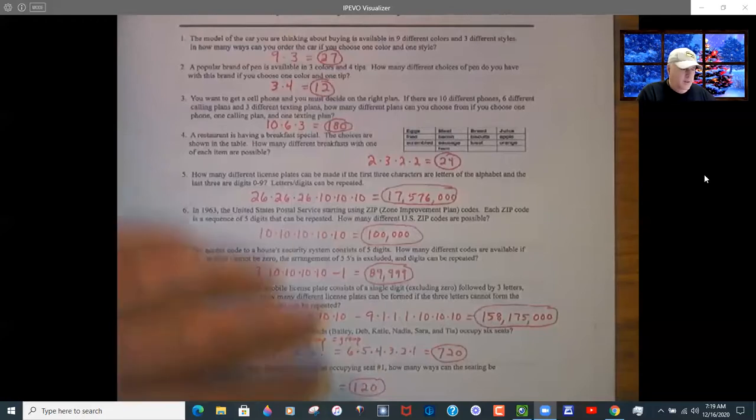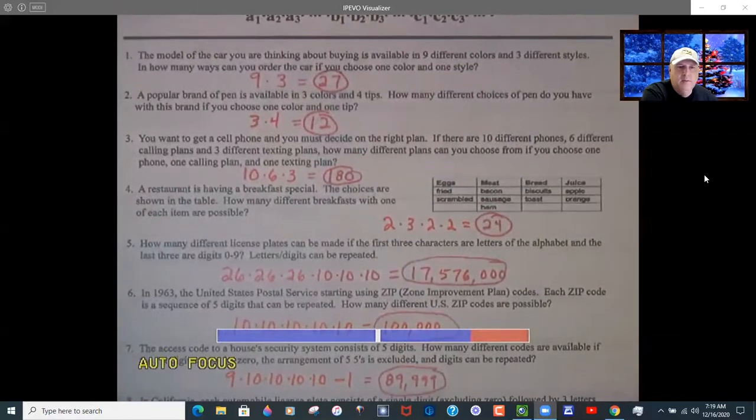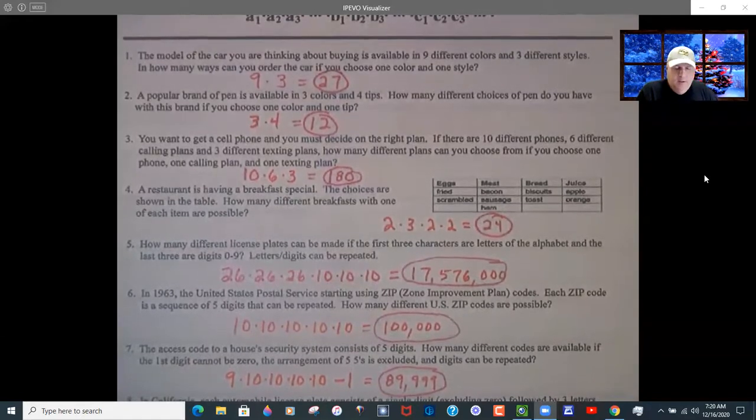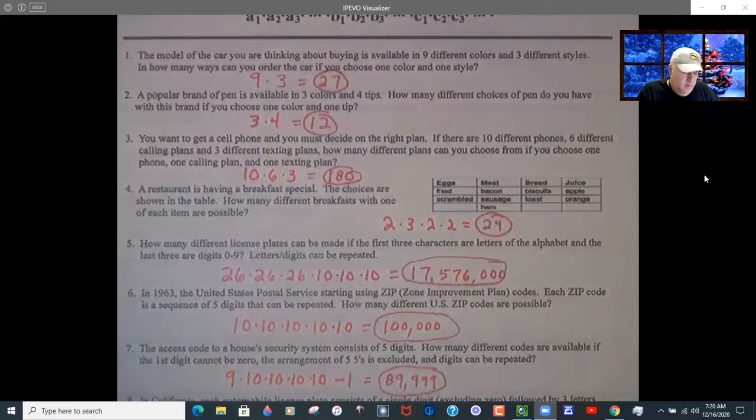So problem 1 is a great example. So we have models of cars, 9 different colors, 3 styles. So if you're looking at the color and styles, it's 9 times 3. So it is the multiplication of the possibilities, with the idea that you're really choosing from the same set of possibilities,